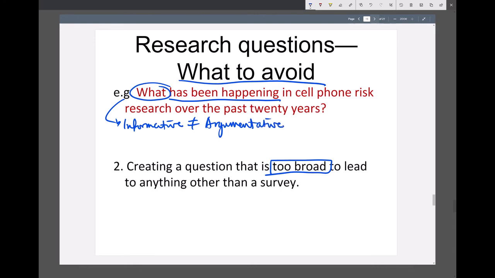Look at what it's asking. What has been happening in cell phone risk research in the past 20 years? So this is a survey because 20 years is a long time span,